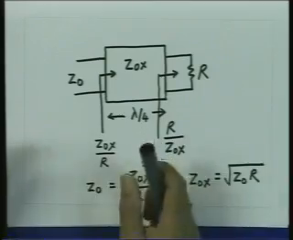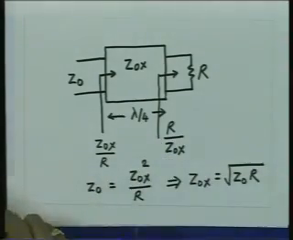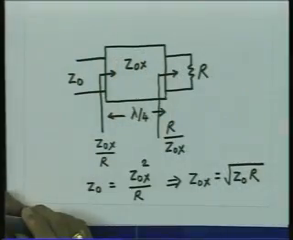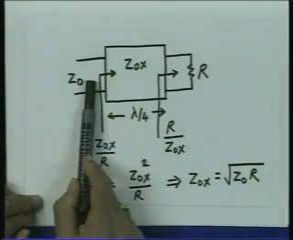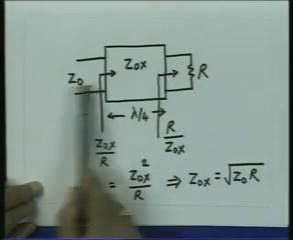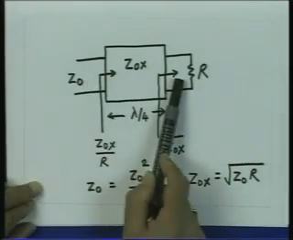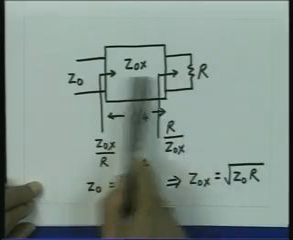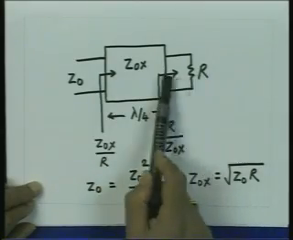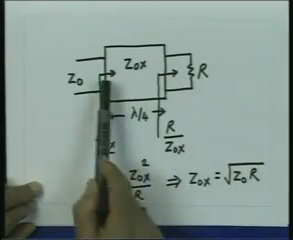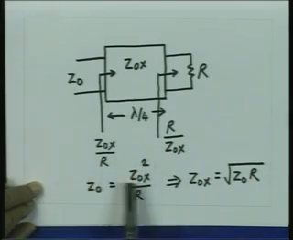So, that means if I introduce a section of lambda by 4 length whose characteristic impedance is the geometric mean of the two resistances which are to be matched, then from both sides you will see a match. The R will appear like Z0 when seen from this side. One can verify that Z0 I can transform by this on the other side, and that will appear like R. So, on this side you see a match, this side you see a match,